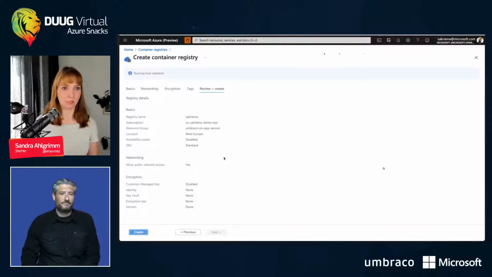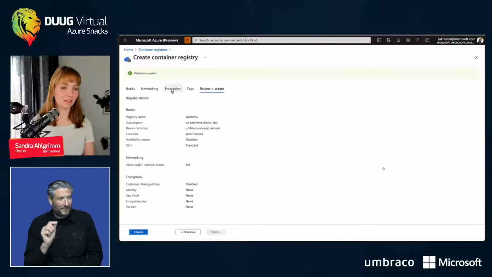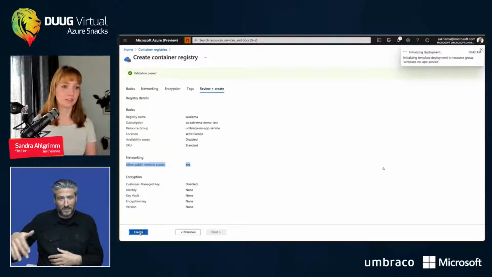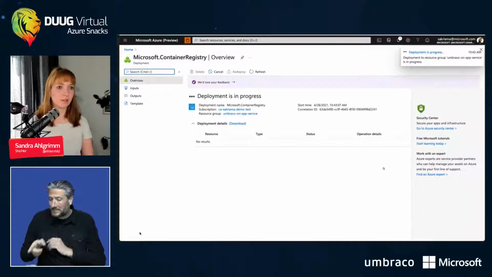Maybe the basic one was a bit too much overkill for this demo. You could also have used the free one here. So, and now I create my registry. I don't allow public network access, or I do allow it, but I will secure it as well.